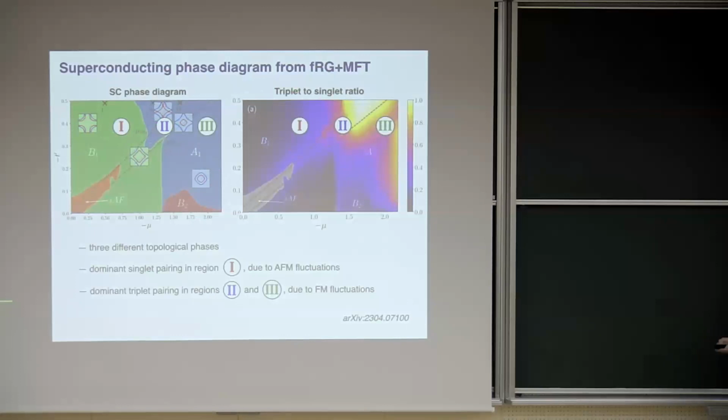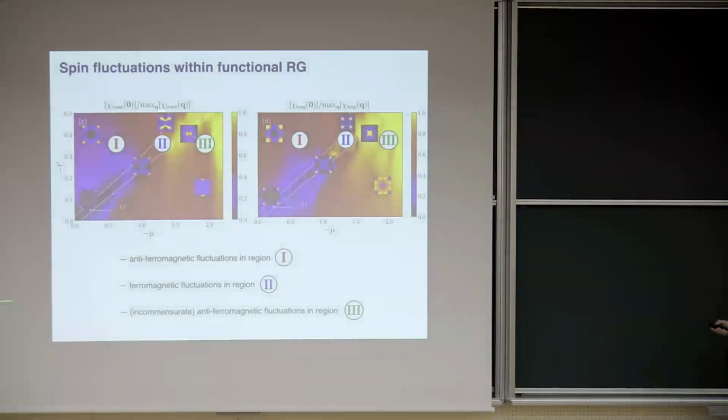So basically, in a superconductor, you have a Cooper pair, so 2 electrons pair up, and they can pair up in 2 different ways. They can form a spin 0 state, which is singlet pairing, or they could form a spin triplet state, where you pair up spin up with spin up, or down with down. And this triplet pairing is interesting because it automatically leads to a topological feature. So we see already, just looking at the singlet to triplet ratio, that in this region 2, we can expect a topological superconducting phase. If we compare this to the ferromagnetic fluctuations here, we see a nice correspondence.